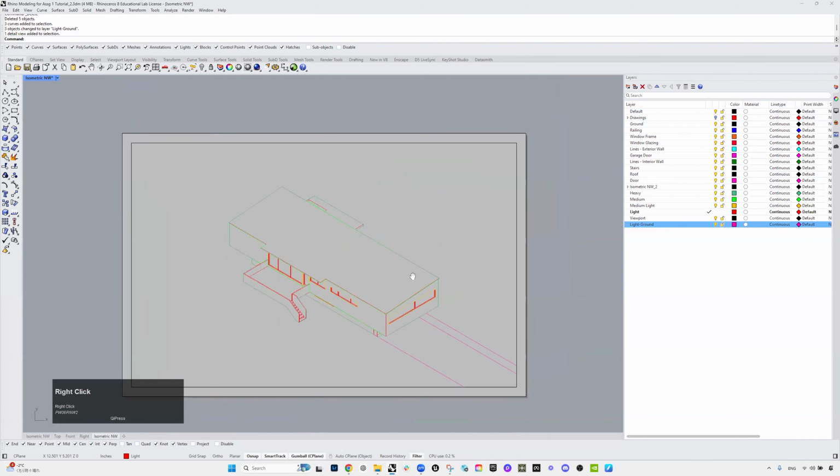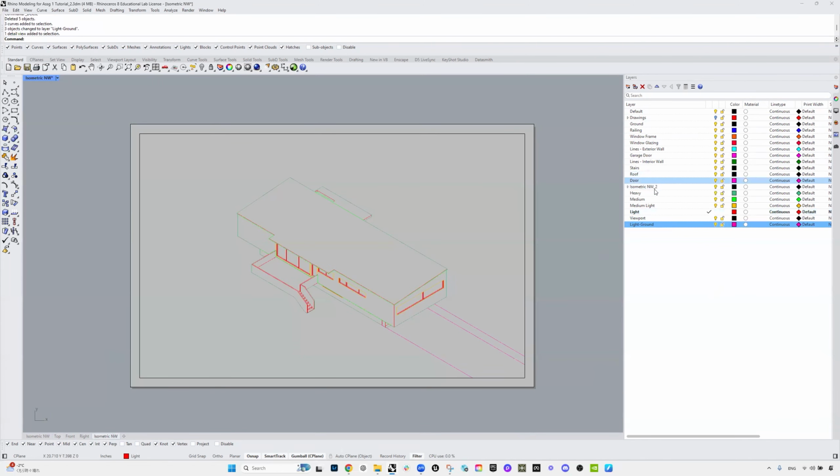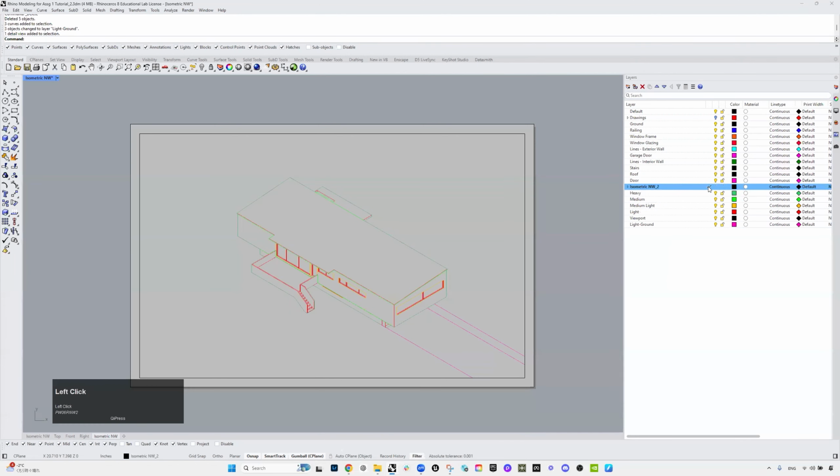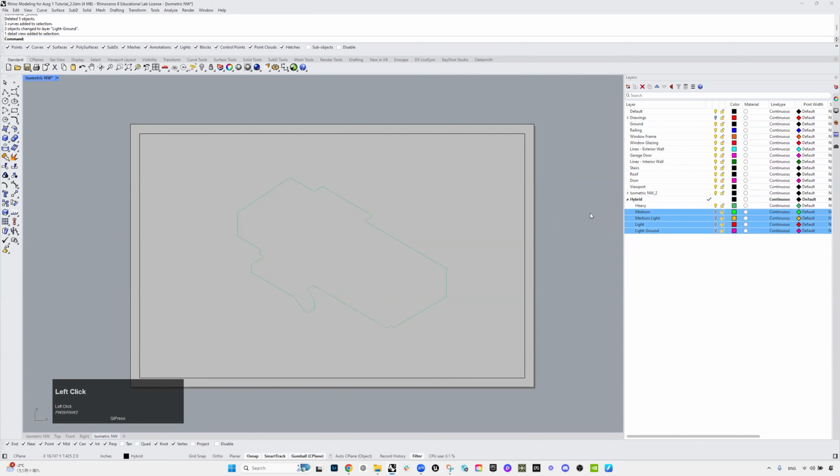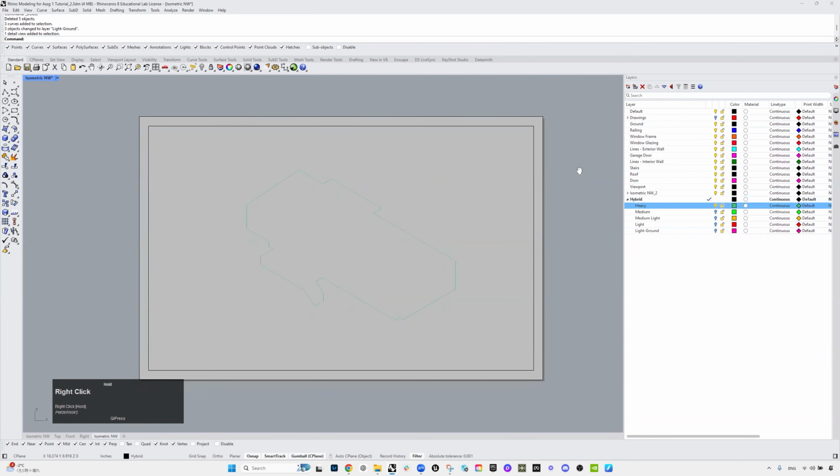seems okay. Yep. So from here, what we are going to do is I'm just gonna set this as current and hide all the viewport actually needs to go up. Okay. Now I'm going to create a new layer called hybrid, because these are for the hybrid drawings essentially. And I'm gonna put that in there. Okay. So now I'm going to hide all of this except heavy. And then